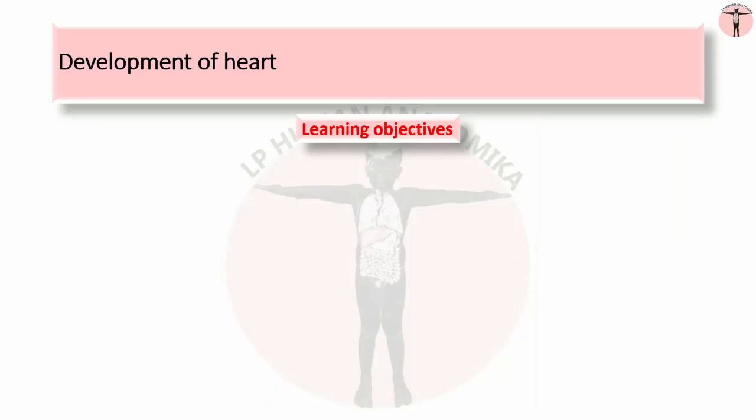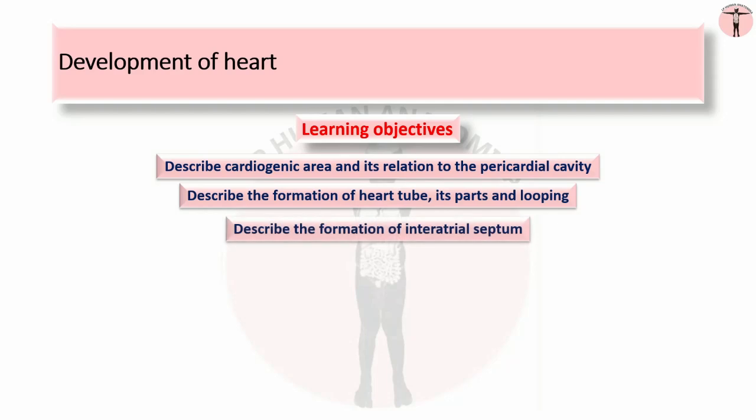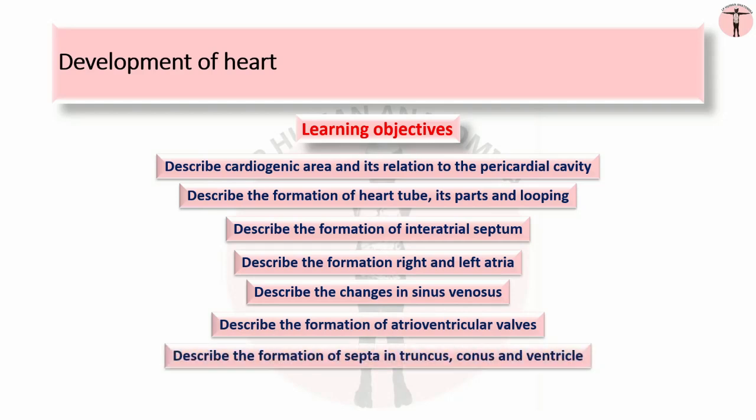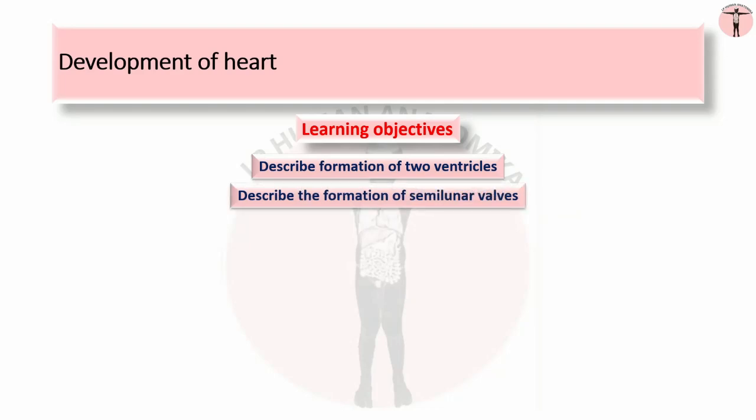The learning objectives of the session are: describe the cardiogenic area and its relation to the pericardial cavity, describe the formation of the heart tube, its parts and looping, describe the formation of the interatrial septum, describe the formation of the right and left atria, describe the changes in the sinus venosus, describe the formation of the atrioventricular valves, describe the formation of septa in truncus, conus and ventricle, describe the formation of the two ventricles, describe the formation of the semilunar valves,